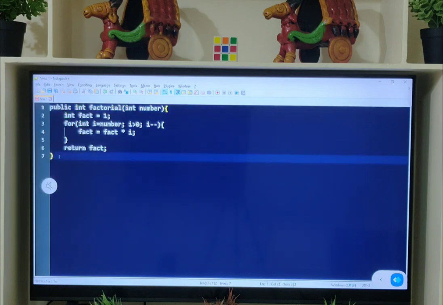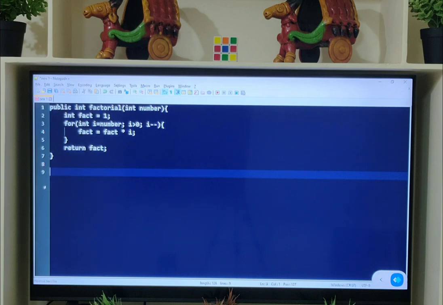Now let's convert the above method into a lambda expression. You know, a lambda expression does not have a name, it does not have an access modifier, and it does not have a return type.